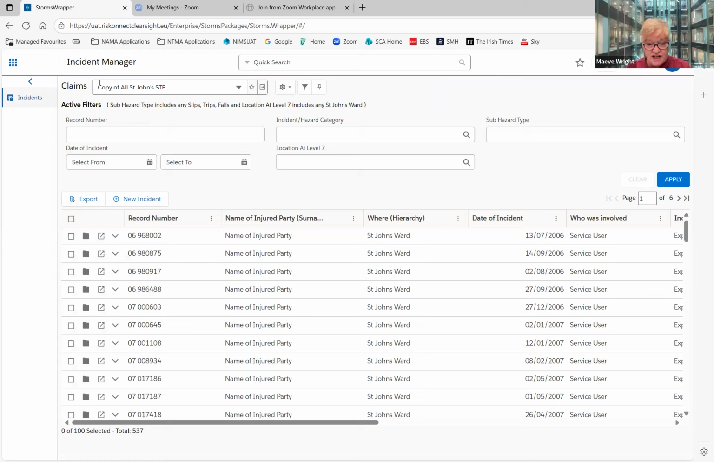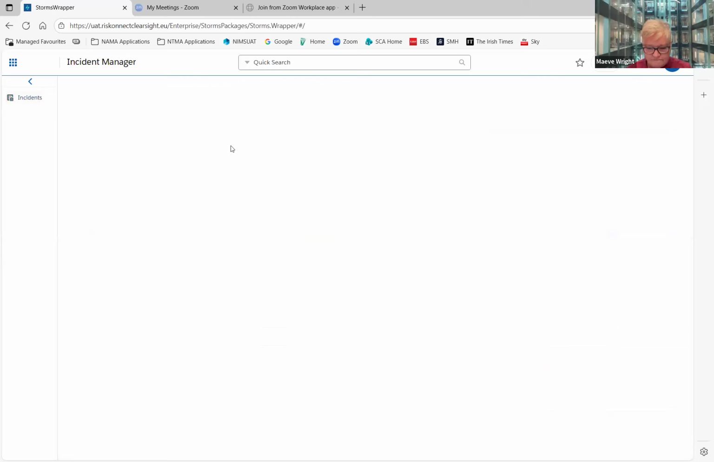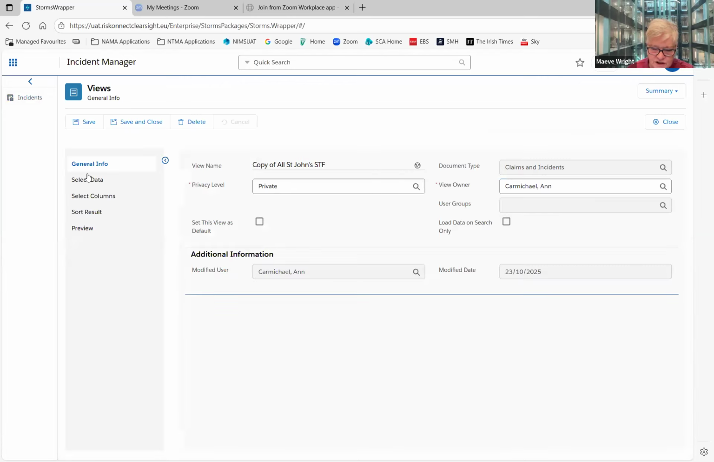Actually, I need to change the name, because you see the way it literally copies everything about the report, even the copy of St. Anne. So instead, I didn't get rid of the copy of. So I can go back in here into my drop down, edit view, and then just take out